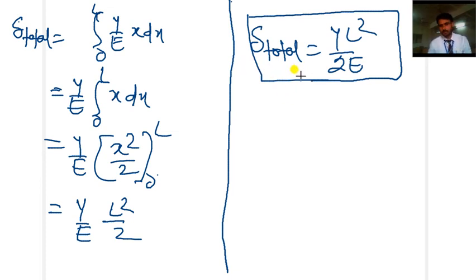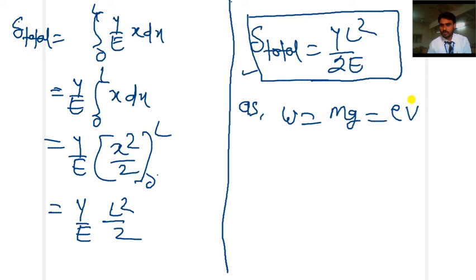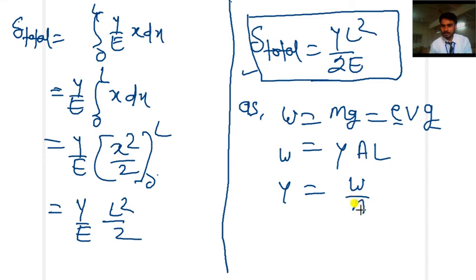If the cross sectional area is uniform throughout the length, the same formula we will get for the deformation of that particular rod. Here we can convert the formula in terms of weight, instead of gamma. We can convert as W equal to mg. M means rho into V, mass equal to density into volume, into g. Rho into g means gamma and volume of rod will be equal to area into length, area of rod into length of rod. So here we can get gamma equal to W divided by AL.